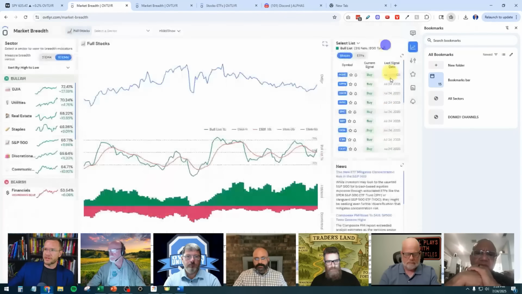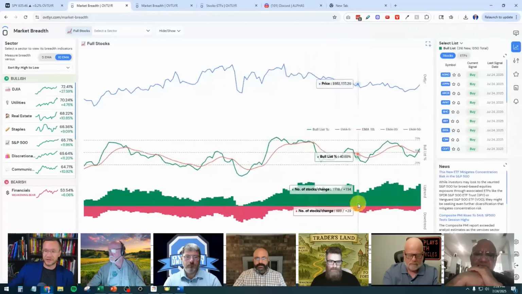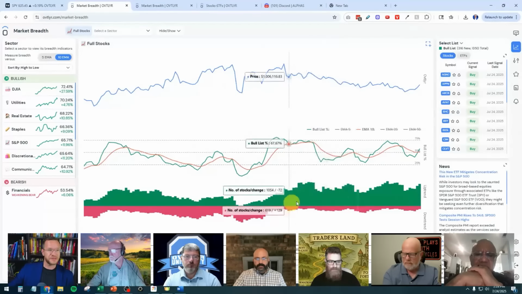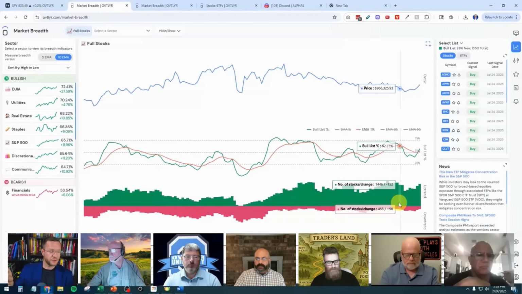So this is what we're measuring here on the uptrend and downtrend. Mahesh literally told me ages ago, this is the most important thing he looks at of all the indicators inside of Outlier. I didn't realize how important it was. And by using these Donchian channels now, that would have kept us out of a decent amount of the most recent trades that we had that didn't work out so well.